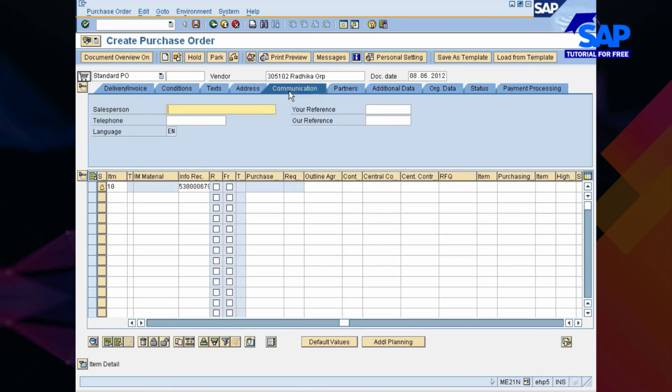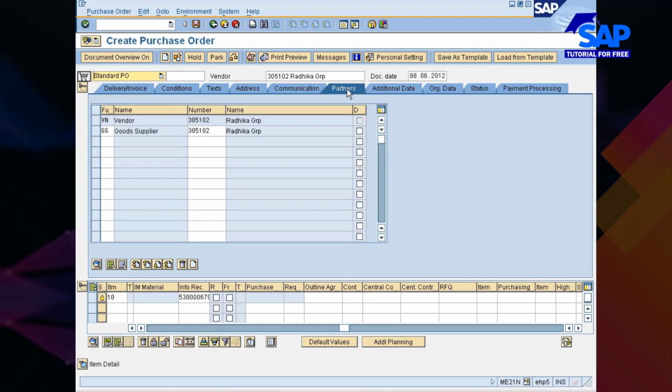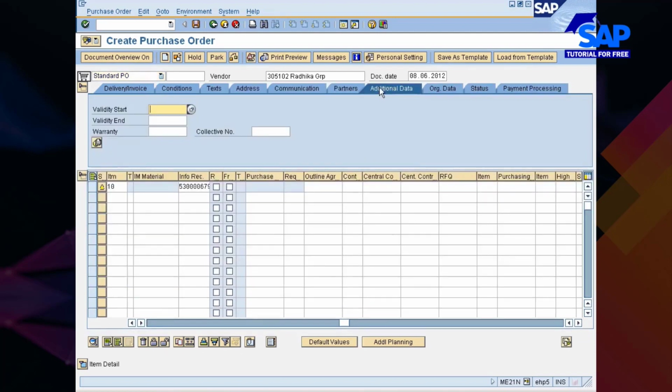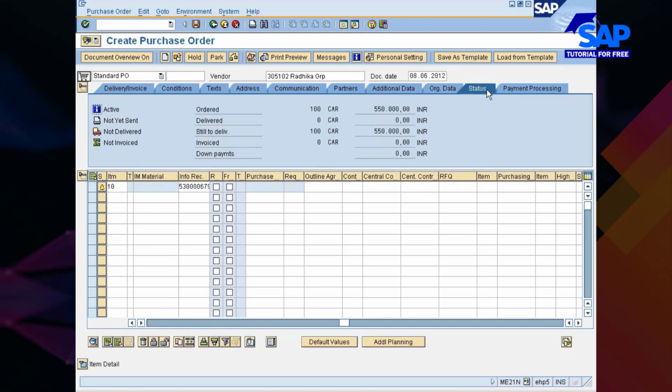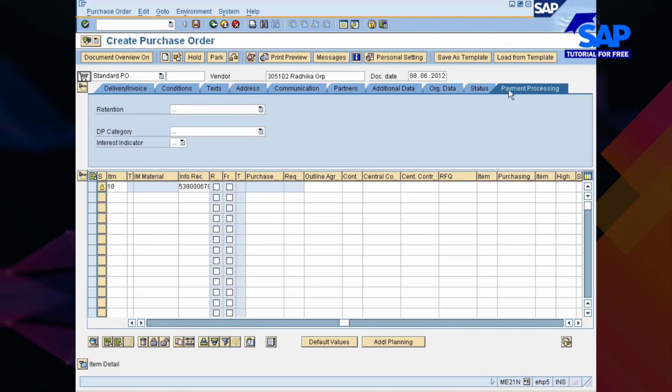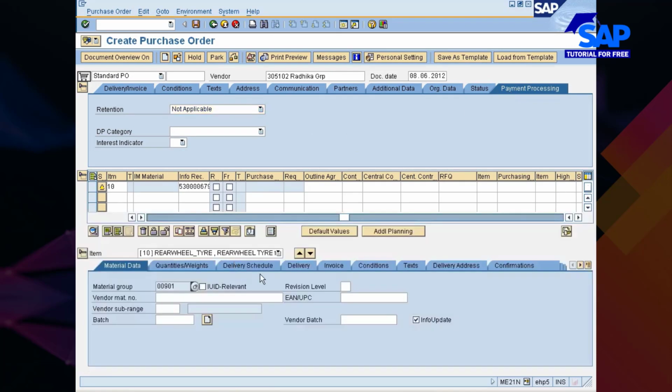communication partners of the vendor, additional data where you may be entering validity start period and end period for the limit POs or the blanket POs, organizational data such as company code, purchasing group, purchase organization, status, which will tell you the order quantity, quantity to be delivered, still to be delivered, invoiced, and so forth. And then payment processing also will contain this information. And then if you go into item details,